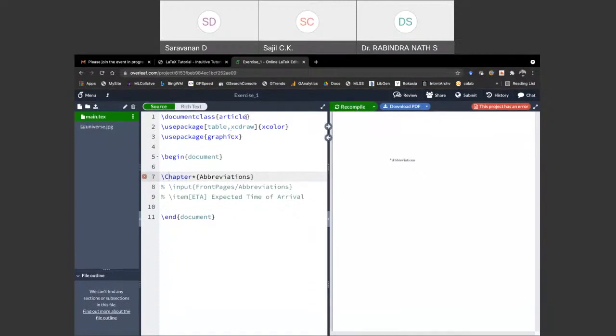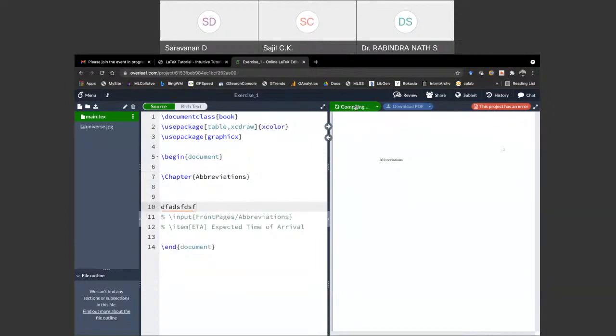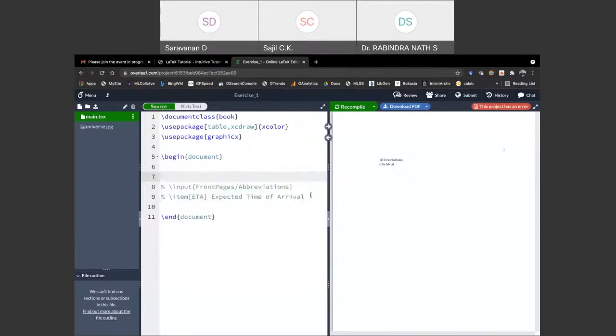Let me see if it is article or book. I'm inserting some content. Okay, so suppose I want to add content or LaTeX code from some other file, I can use the command called \input.